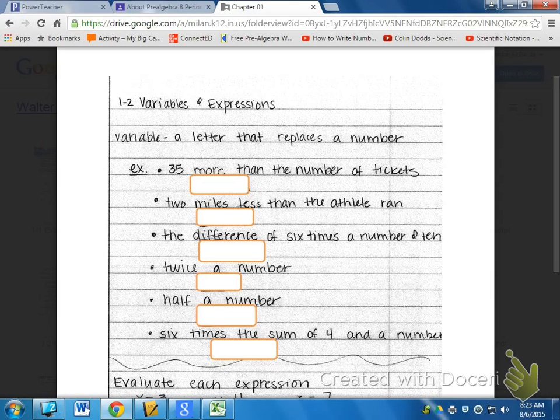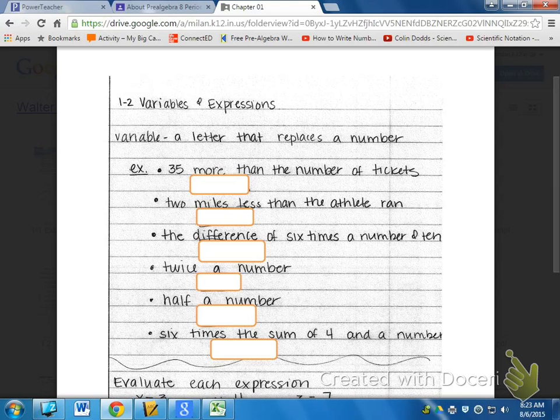Lesson 1-2, variables and expressions. So similar to yesterday's assignment. Yesterday were words and expressions. Today we're doing variables. Definition: a variable is a letter that replaces a number, or maybe better yet, a letter